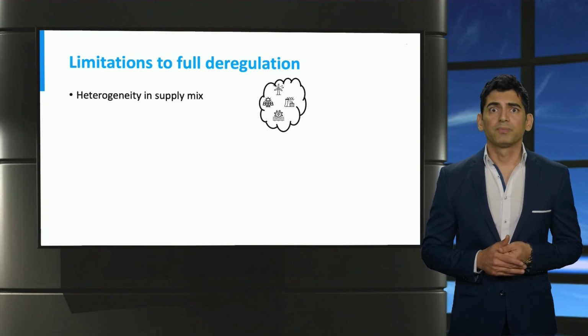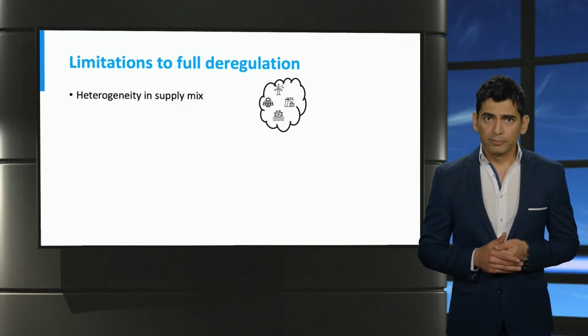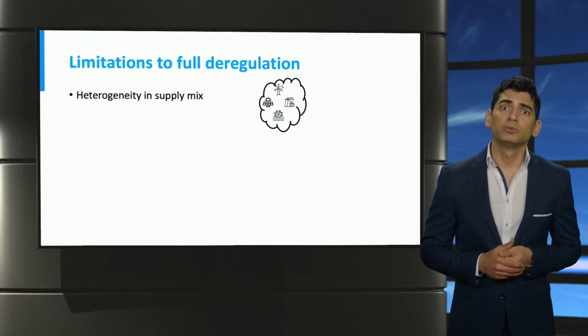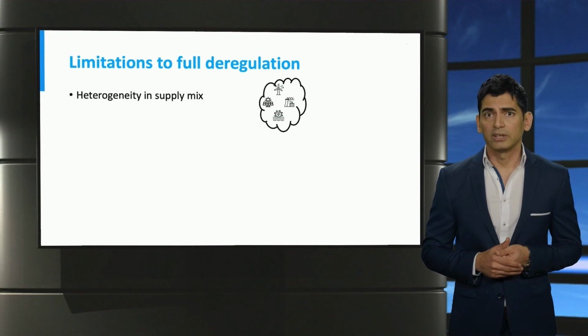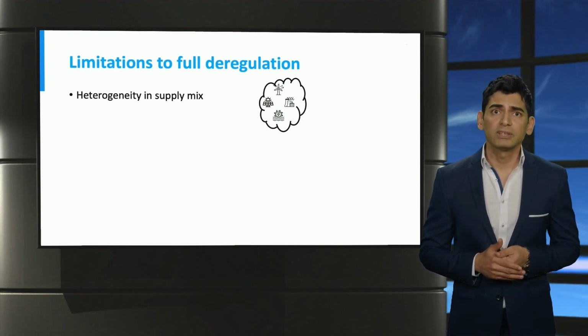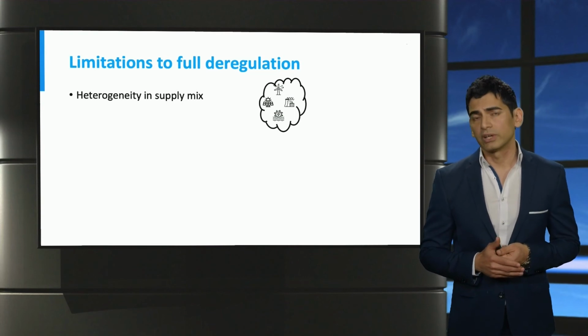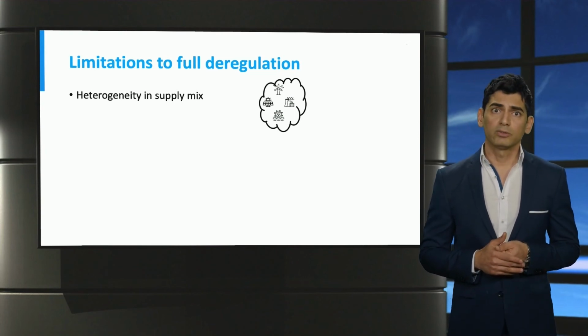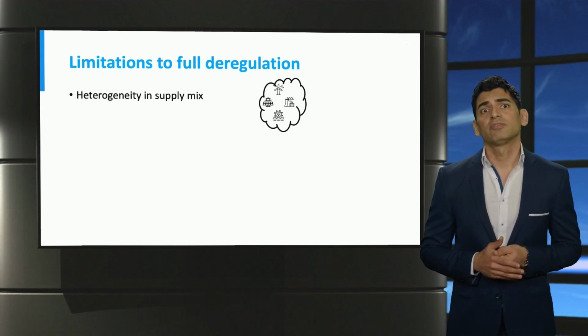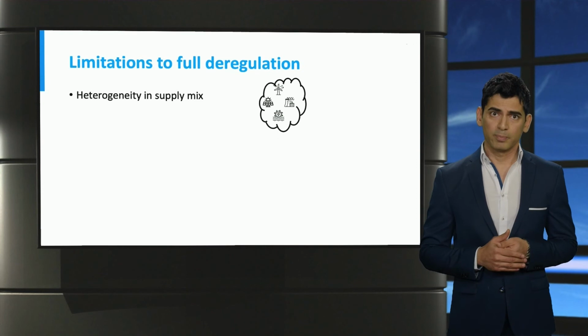For example, at the wholesale level, an entirely liberalized market might lead to market manipulation. The heterogeneity in energy suppliers doesn't provide a level playing field for all generators with no regulations. For example, hydropower plants can hold their generation for some time to affect market prices to their benefit.